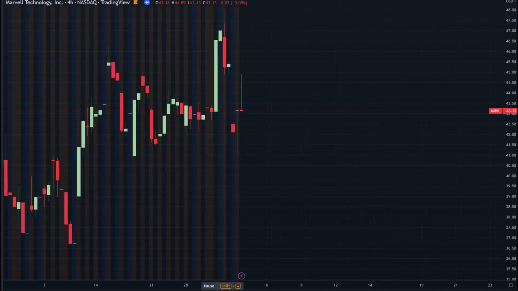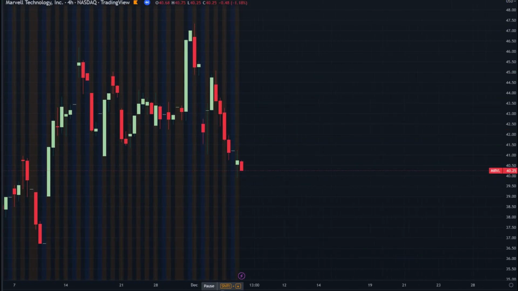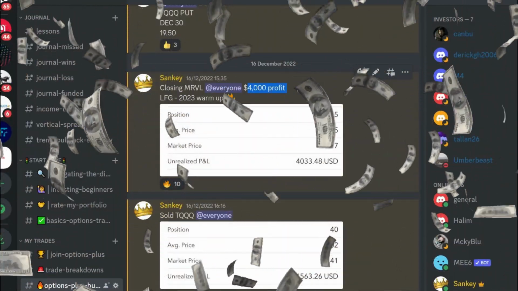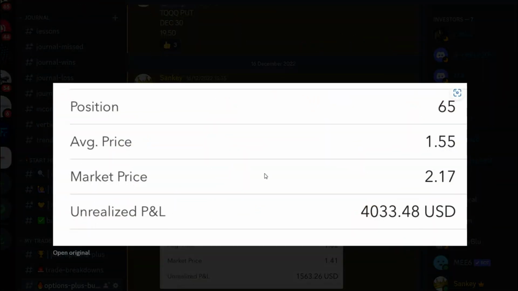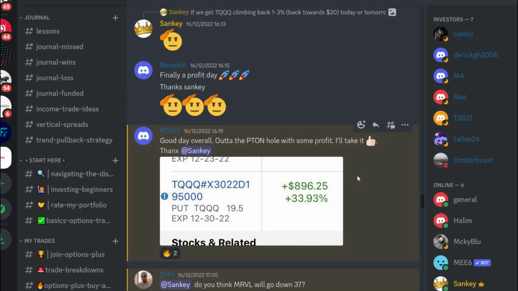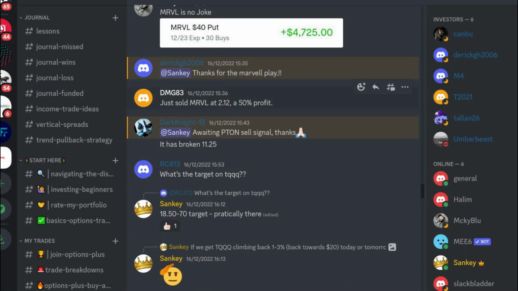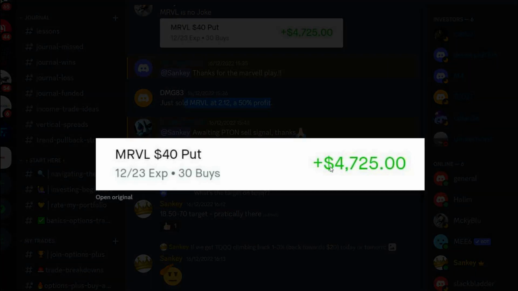So I'm about to show you how I used this movement in price just the other day to generate a trading profit of over $4,000. I entered into the trade with about 10,000, exited the trade with about 14,000. Now it's not just me winning on this trade, it's the members who are also in my Discord. We have one of our members making just under $1,000 on the exact same trade. We have another one of our members making a 50% profit on the trade, and another member making